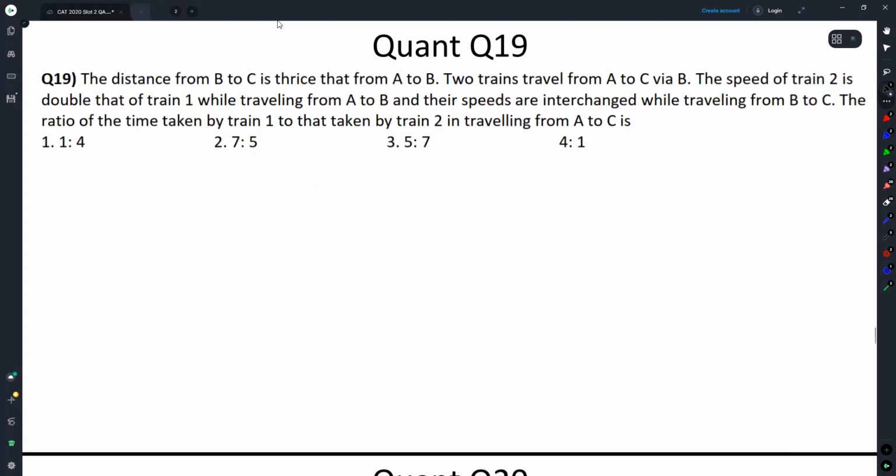The distance from B to C is thrice that of A to B. 2 trains travel from A to C via B. The speed of train 2 is double that of train 1 while traveling from A to B, and the speeds are interchanged while traveling from B to C. The ratio of time taken by train 1 to that taken by train 2 in traveling from A to C is